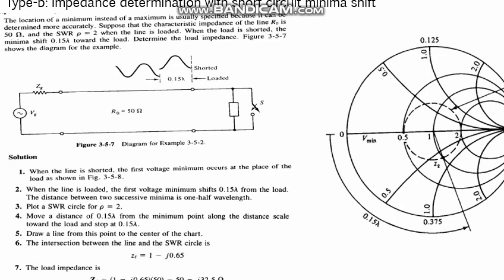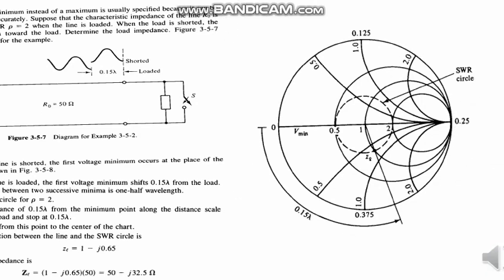That is a reverse process from the previous mathematics, so look carefully. First of all, rho is 2. You have to find the position of 2 here in the positive direction of the real part. That is the point of 2. There are some scales here, so you can find 2 here. Then you draw a circle. That is totally reversed from the previous mathematics. We drew the circle later on to find the SWR, but here we first draw it. That is the SWR point.